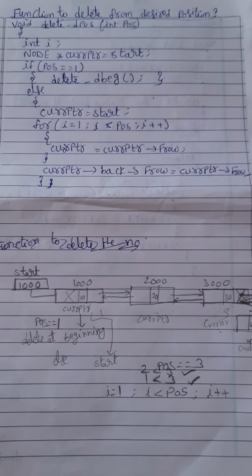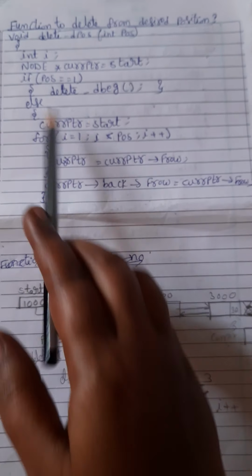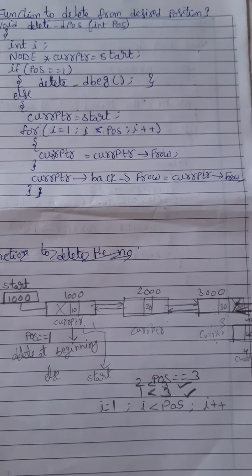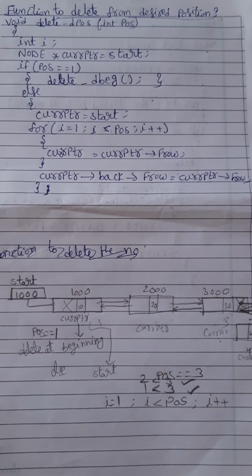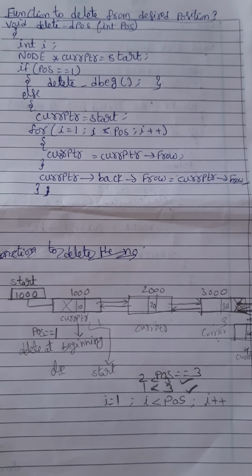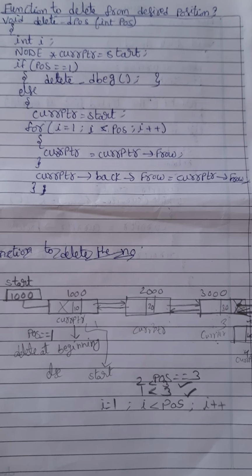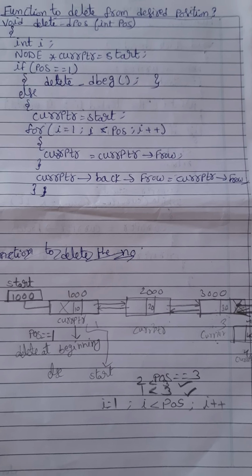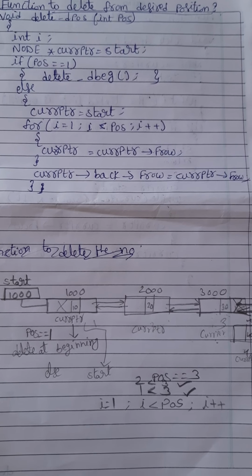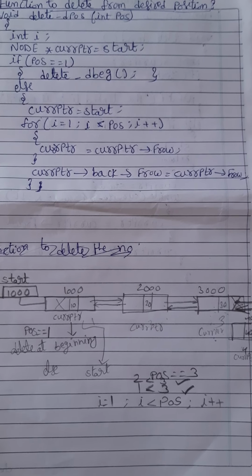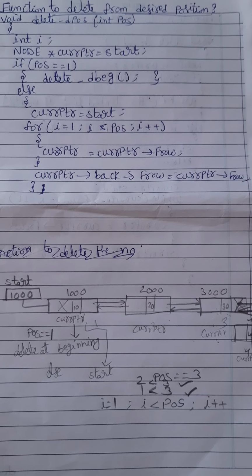And this is the function void delete position. We are defining the position, and we have to define the I value. Why? Because already we have seen in the insert function also, if you want to go to a particular position, based on the position we are inserting the element, or else we are deleting the element. Here we have to take the for loop. It has to start from the first position to the desired position, so we have to define the for loop.